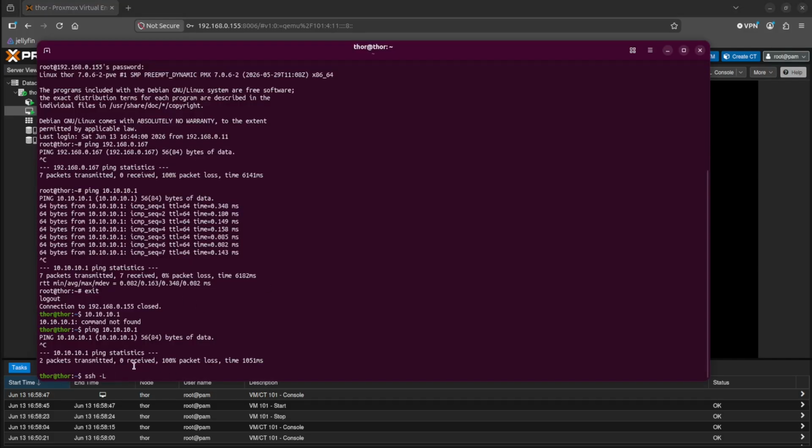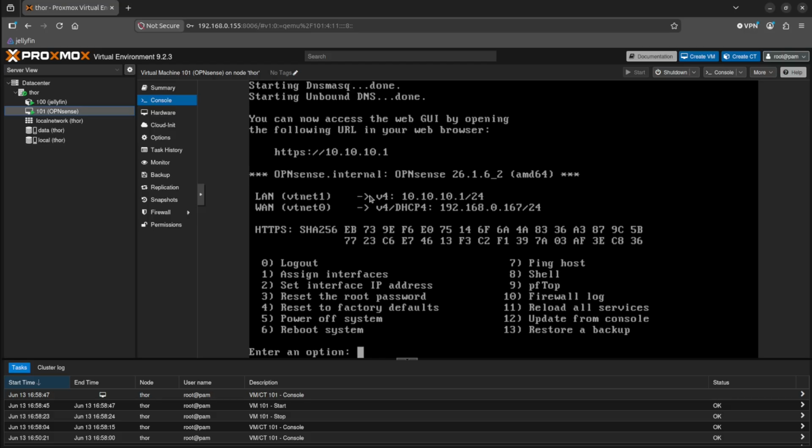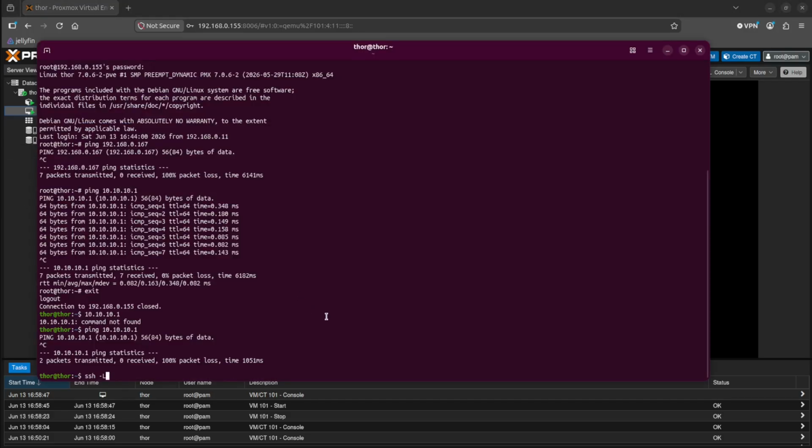But the problem is, if I had a virtual machine on the LAN side of the firewall, a virtual machine with a graphical interface, I'd be able to open a browser and just set up OPNsense from there. But we can't do that right now because we don't have a virtual machine set up. So what we're going to try to do is tunnel into it with an SSH command here,